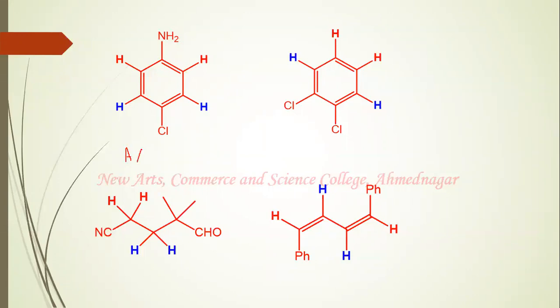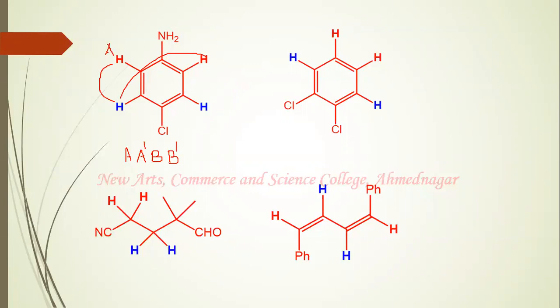Why do we call this AA'? Because the two protons are chemically identical, but they are not magnetically identical. How do we come to know that they are not magnetically identical? This red H proton couples with this blue proton, ortho coupling is there, while its chemically equivalent partner has a para relationship. This means that the magnetic surrounding of these protons is not the same.